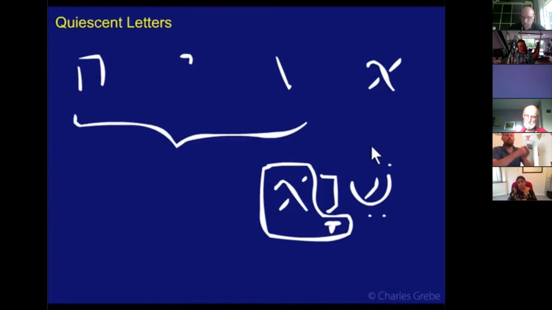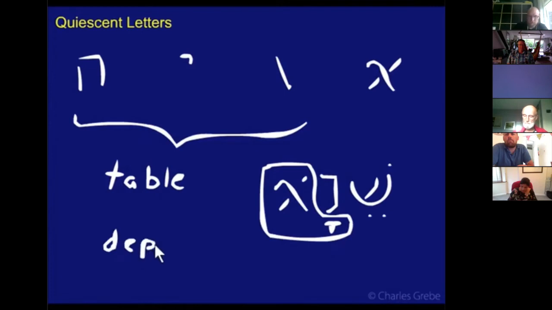Now let's look at an English example of quiescence. These consonants will tend to quiesce at the end of a syllable, not at the beginning. And we see that also in English. If you look at the word table, and we look at the word depot, in table we have a T at the beginning of a word, and it's functioning as a consonant. We hear the sound T. In depot, it has become silent, and it's at the end of a word, and therefore the end of a syllable. We don't say the T in depot. So we have similar behavior in English.